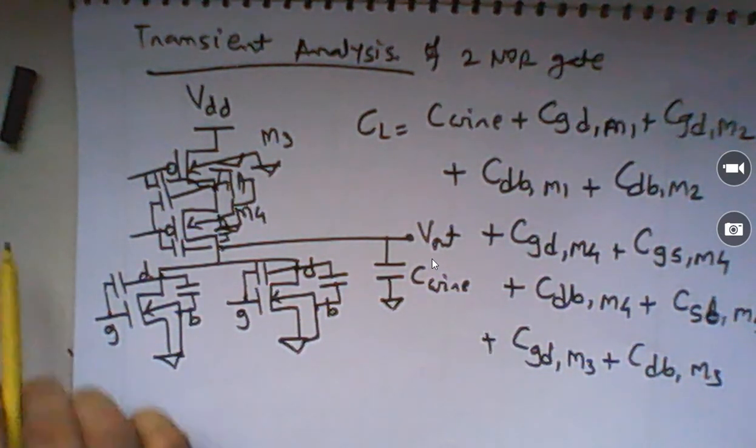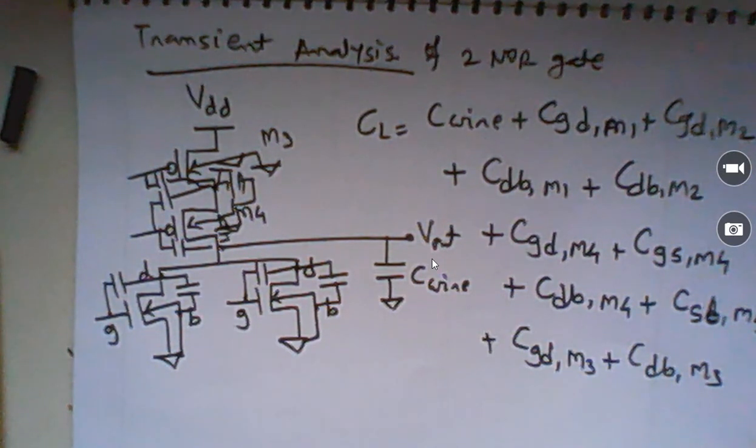In this lecture we have analyzed the two input NOR gate, and we can conclude that when converting a parallel connection of transistors, the equivalent transconductance is the addition. When converting a series cascade connection of PMOS transistors, the equivalent transconductance is Kp by 2. So we found the equivalent inverter structure, and then we saw the transient analysis of the two input NOR gate and the different capacitances that come into the picture. Thank you.